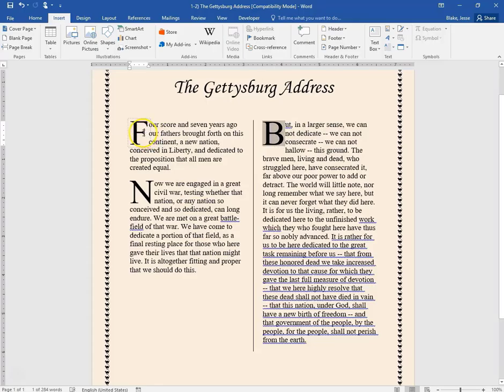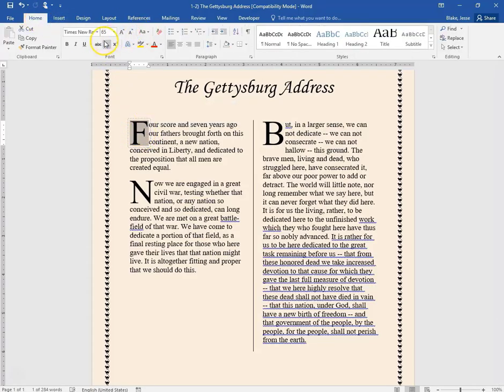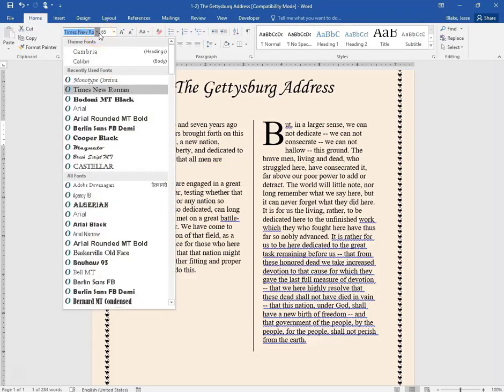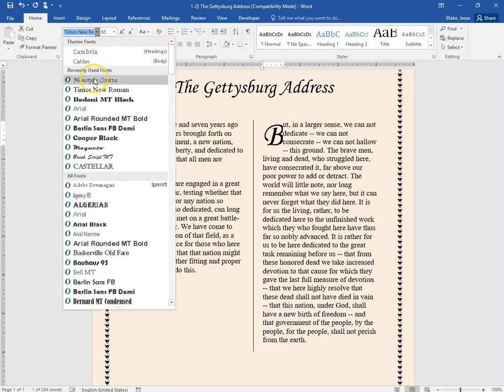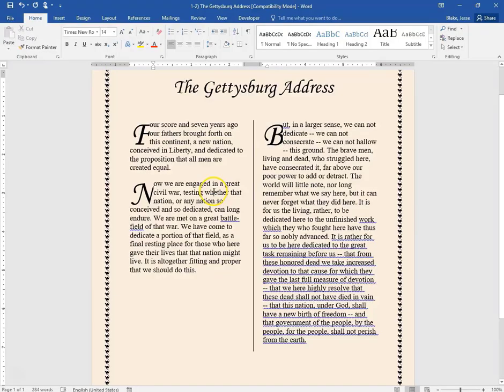Now, the next step is I need to take these drop caps. I need to go to the home ribbon, and I need to give them a different design, which is the Monotype Cursiva design. So here we go. Highlight them, change it to Monotype Cursiva. Here we go, Monotype Cursiva. Perfect. Now I am getting close and ready to do the last step, which is to insert my picture of